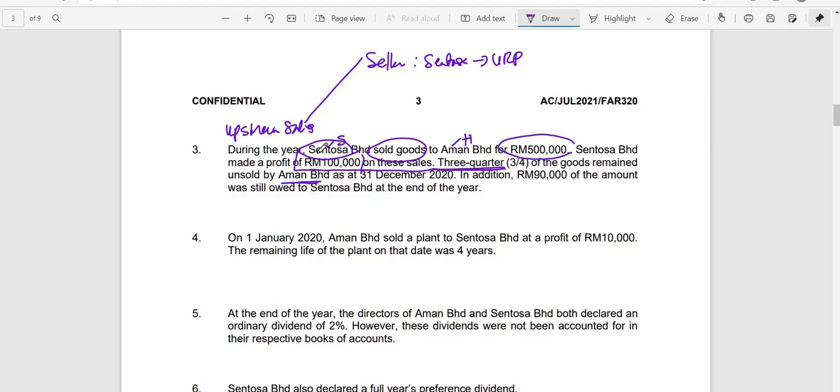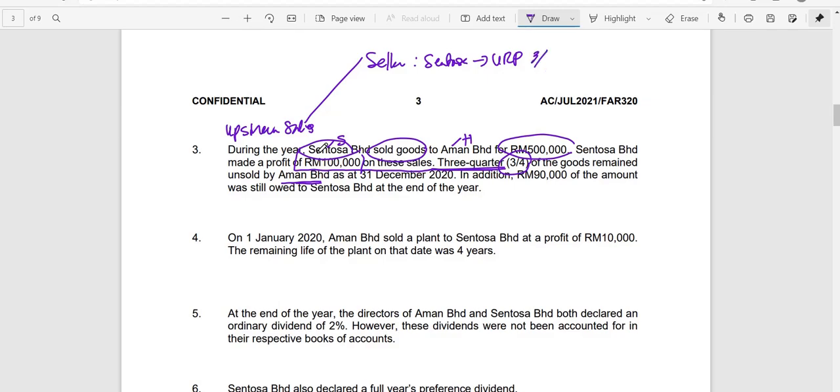So with that, it means that simply there is no sale, because we are not looking at the intercompany sale in the group financial statement. We are looking at the group result, which is the one by parent to the outsiders and by the subsidiary to the outsiders. So therefore, for this 3/4 portion, we need to go and remove the profit that has earlier been recorded.